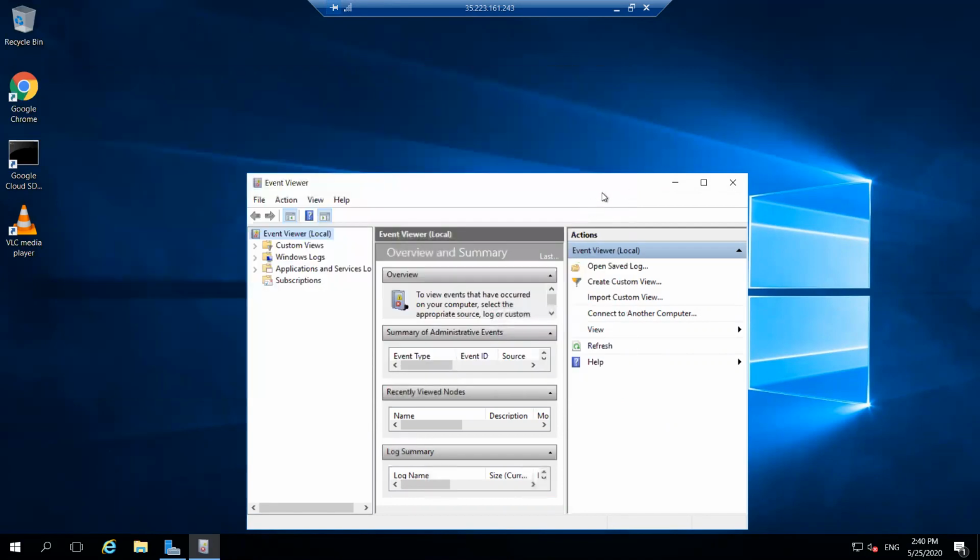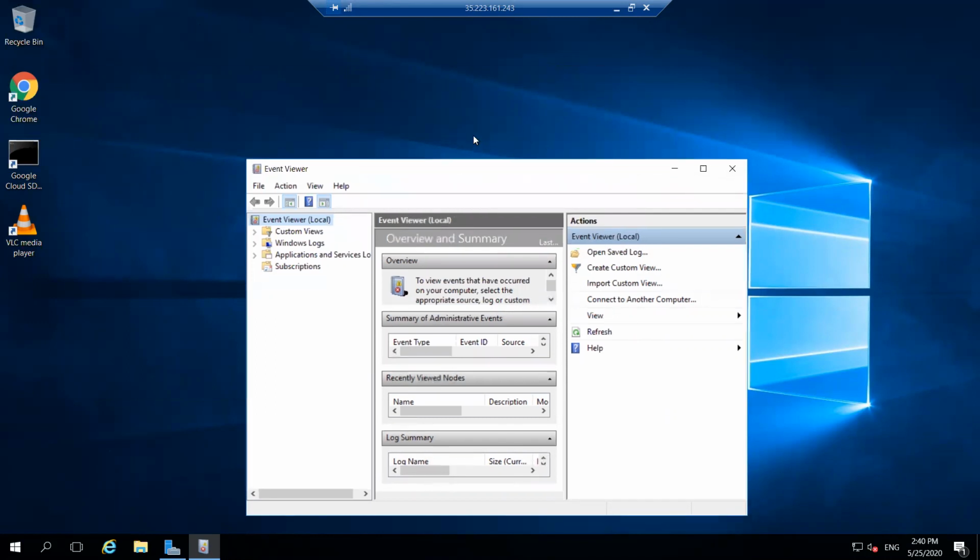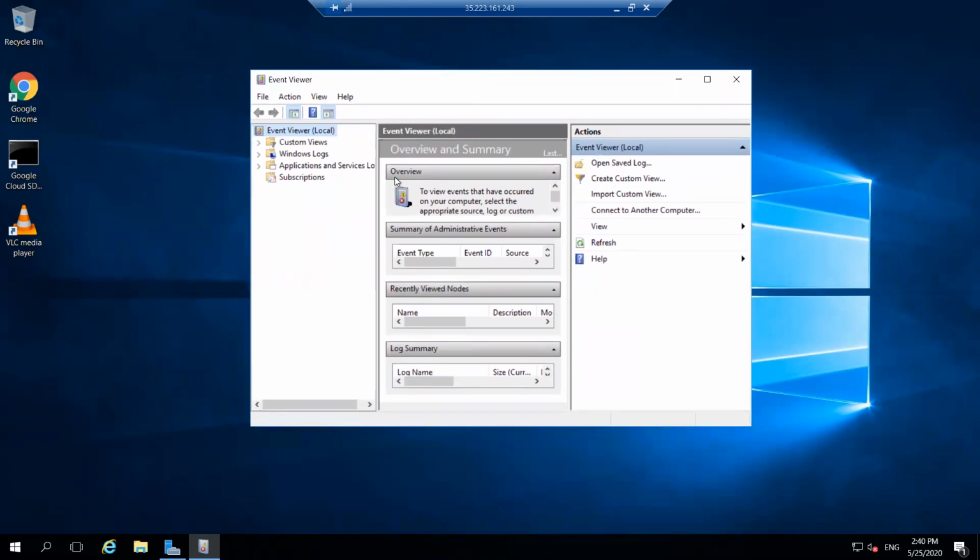Okay, so this is our Event Viewer. It looks like this icon, a log book. To view events that have occurred on your computer, select the appropriate source, log or custom. So this is how the Event Viewer looks like, a logbook.